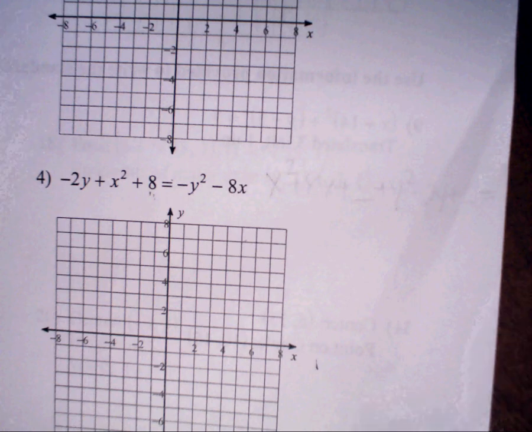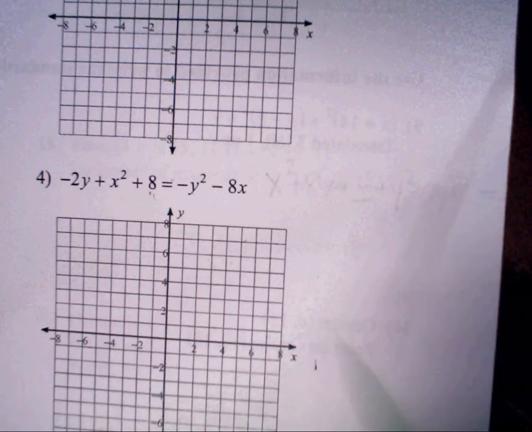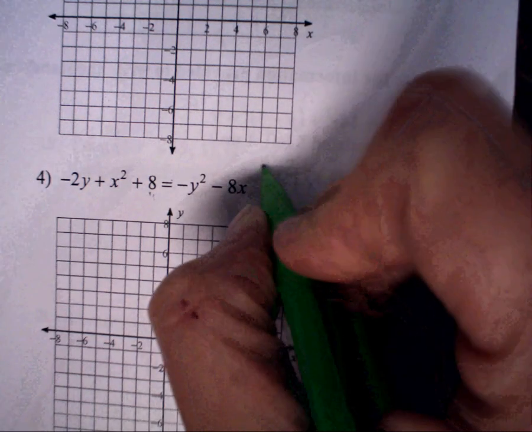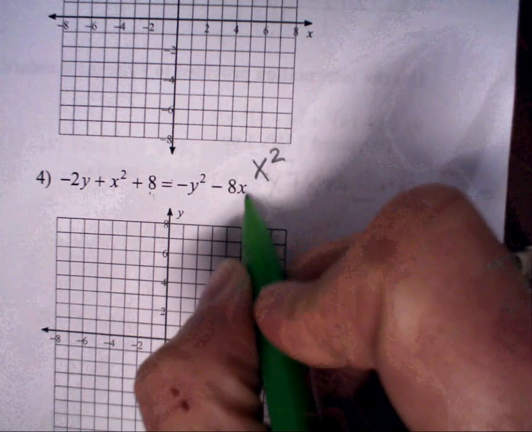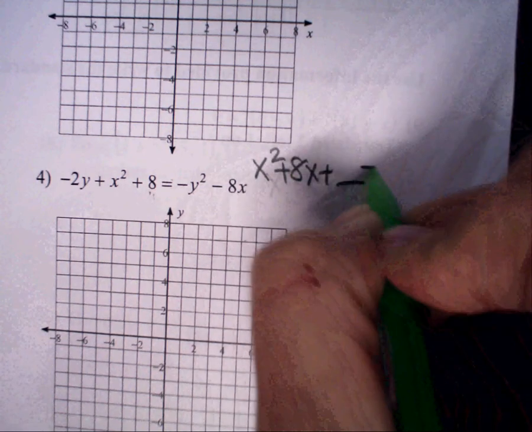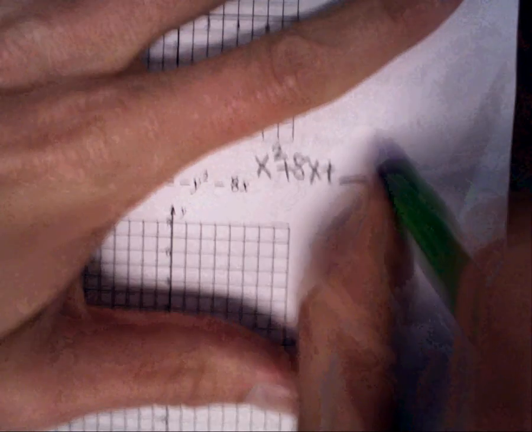Okay, so make sure that you do the more difficult problems on this review. First thing we're going to start with is number 4. I'm going to reorganize it so that my x squared goes first. I'm going to add 8x over to the other side. Put a blank. I'm going to add y squared. What am I doing? Add y squared